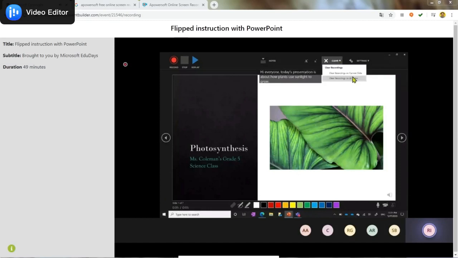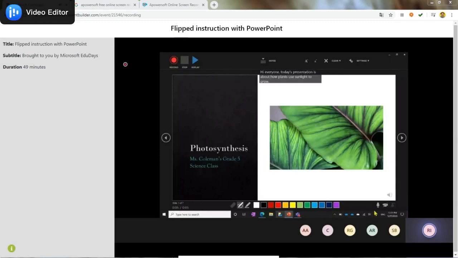Down at the bottom, you'll notice you have several colors of pen. So while we're recording narration, we can also be recording inking on our slides. So I'll go ahead and select a red pen for this PowerPoint. And this just helps, you can draw with your mouse or you can draw with a stylus. This just helps students actually with retaining the information that you are telling them.